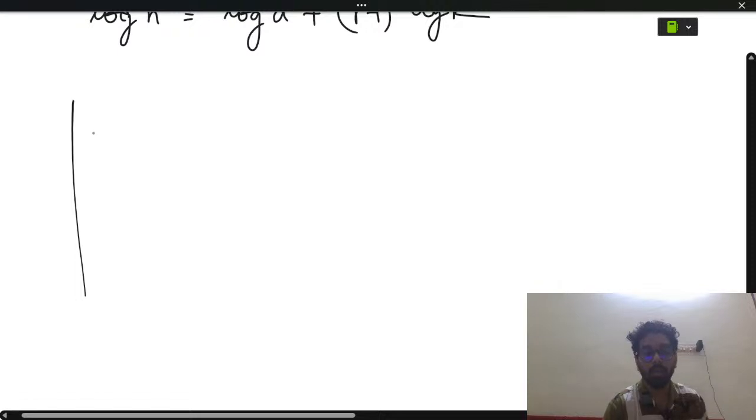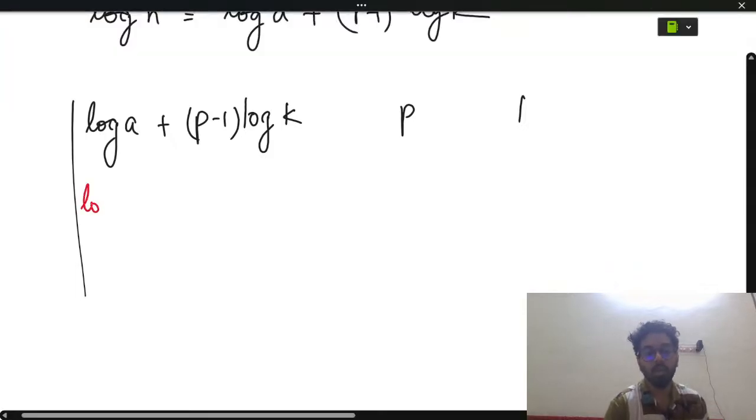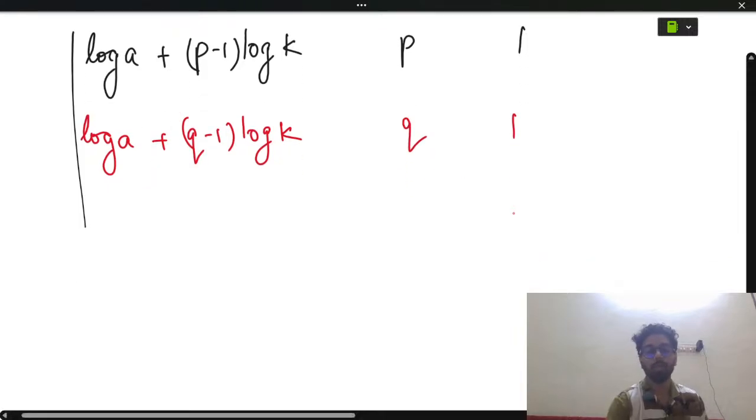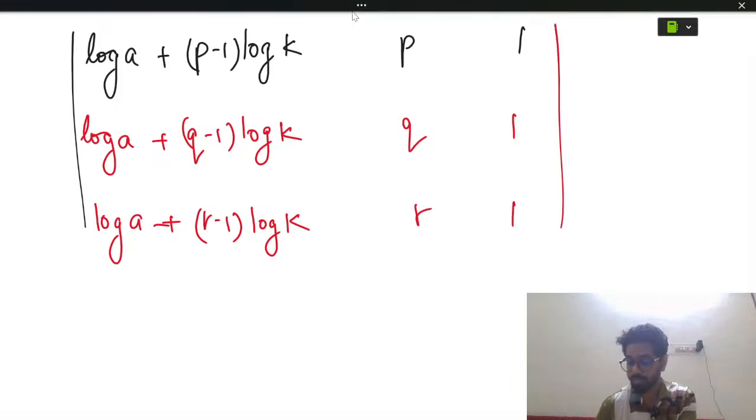Now I am going to substitute all these values over here in the matrices. So let's do this. Log L, what is log L? Log A plus P minus 1 log K, P and 1. Alright. Same way we have log A plus Q minus 1 log K, Q and 1. Then we have log A plus R minus 1 log K, R and 1. Now here we have the properties